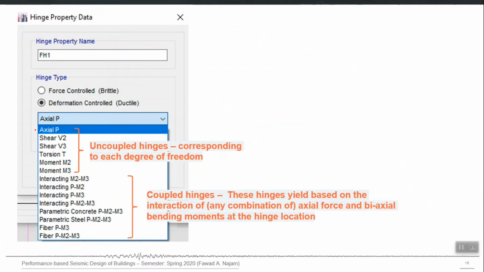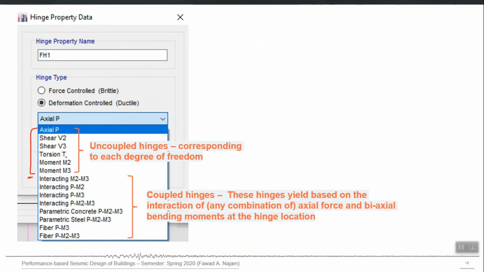All 6 degrees of freedom are available for you. You can control or make any action versus deformation behavior nonlinear by using any of these hinges. So now it's your choice. For beams mostly M3 and V2 are used, and for columns any combination can be used. For columns there is a different case. You need to go for interacting or coupled hinges for columns, and for a reason I'll explain maybe after this